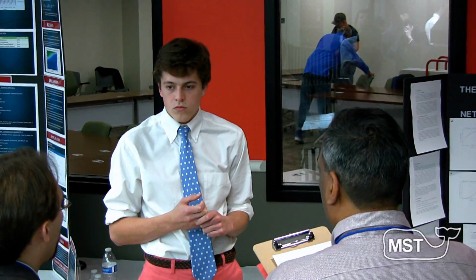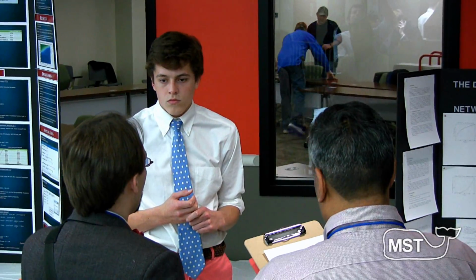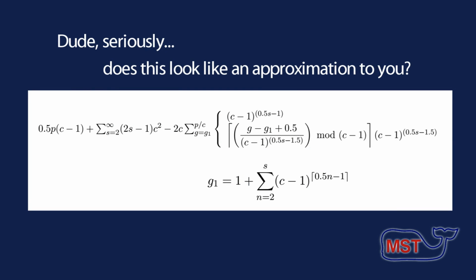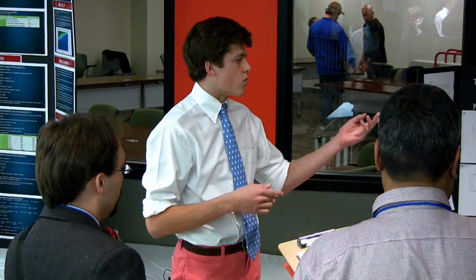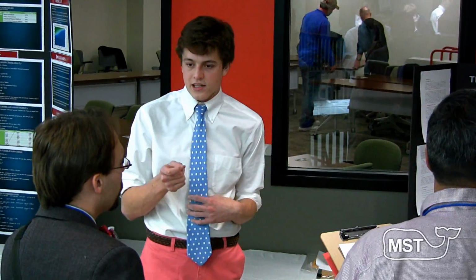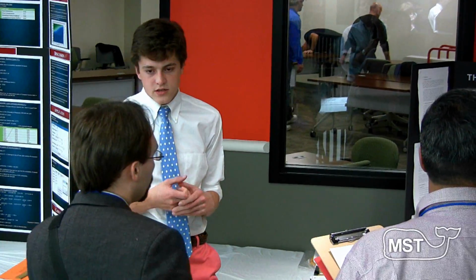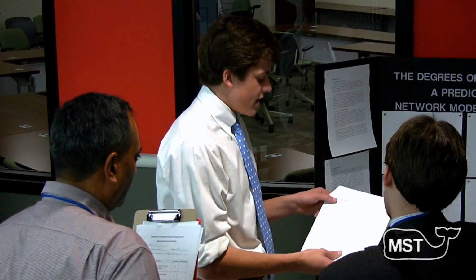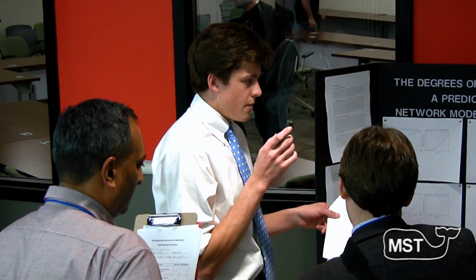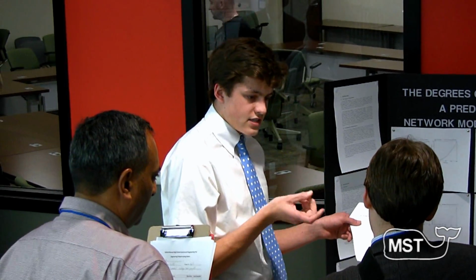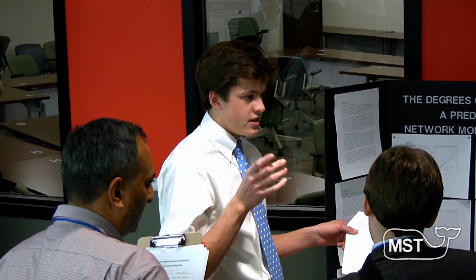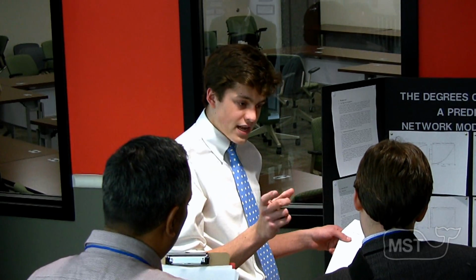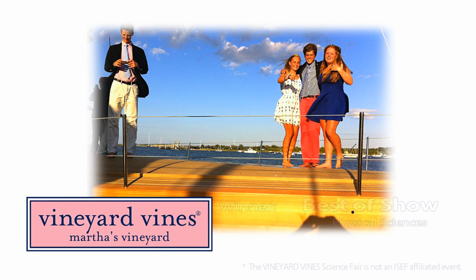Did you consider any other ways of trying to approximate the... Well, the mathematical analysis is not an approximation. The mathematical equation does represent, or once proven, will represent exactly what the average degree of separation is. I could look at it as a sum of the number of times the subgraph of size S occurs times the sum of degrees of separation of that subgraph, and then look at that for all the subgraphs.